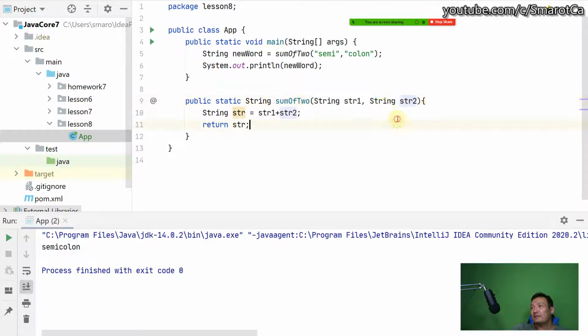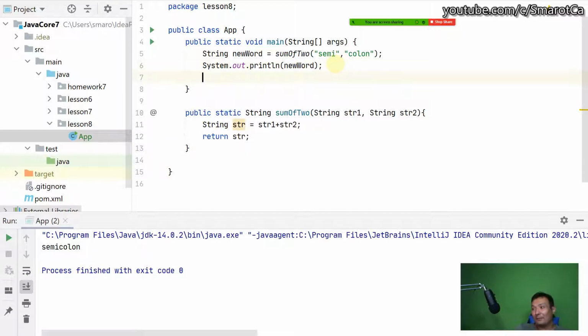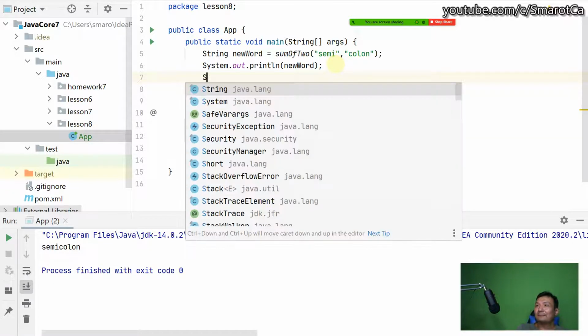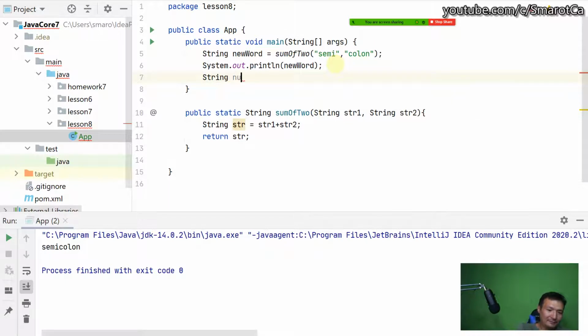Okay, so in this example, in this function, I need to pass two strings and I need to get a resulting string which I print out. Let's do one more example. Let it be for example, very interesting, some string numbers is equal to sum of 2, and I will pass strings 1 and